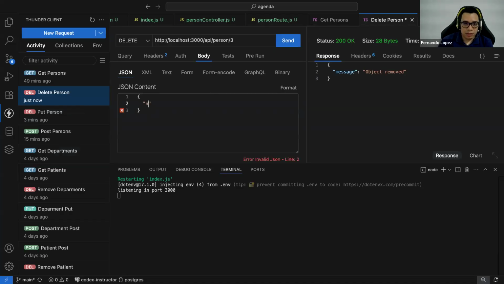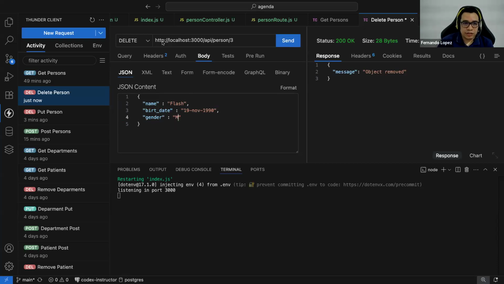Okay, so it will be the name. In this case, I will call this new element flash. The birth date will be a new birth date, 19 November 1990, and the gender will continue as male.